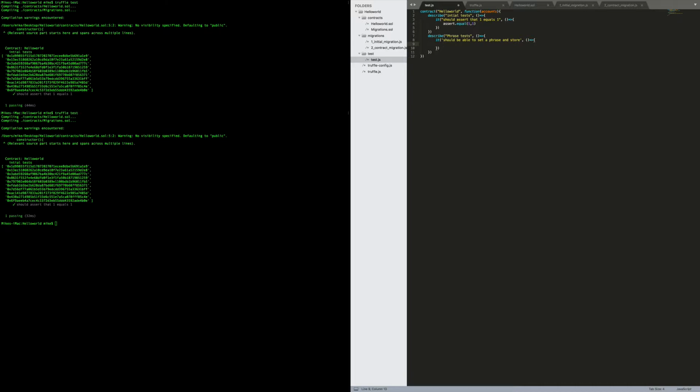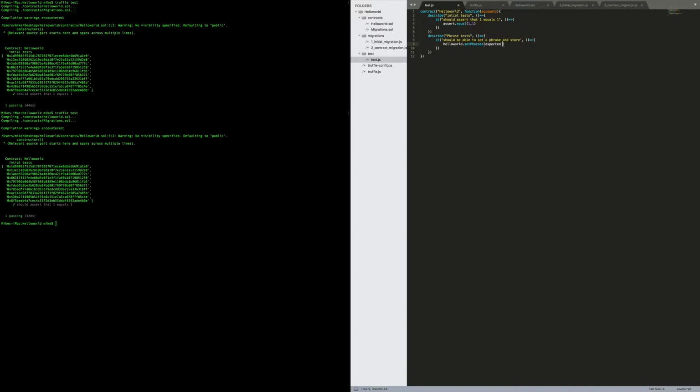So we will just say hello. So we have this hello world smart contract, and we want to set the phrase. There'll be a function called set phrase,